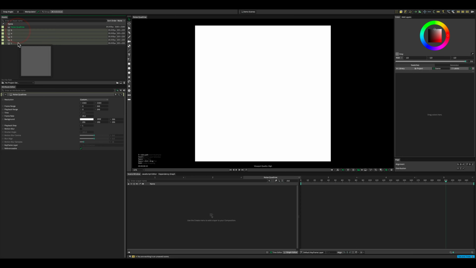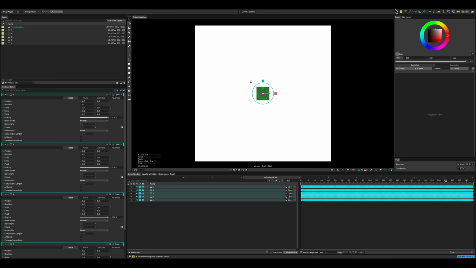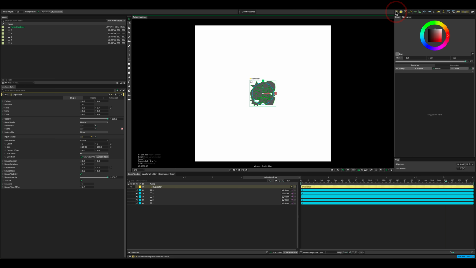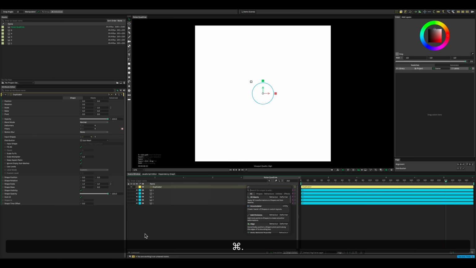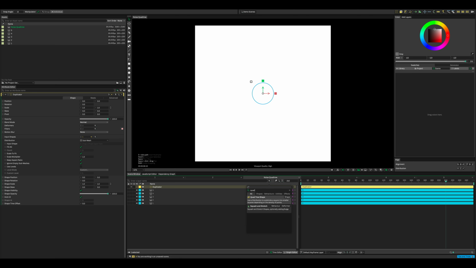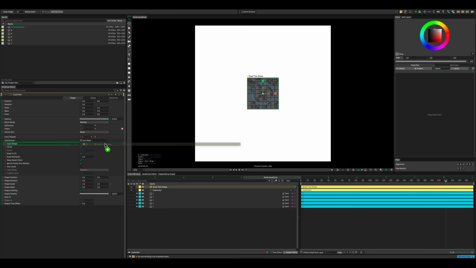Let's drag the 5 shapes to the scene window, select all of them and add a duplicator. On the duplicator, let's change the distribution to submesh and add a Quadtree shape. Let's drag the Quadtree shape as an input shape of the duplicator,